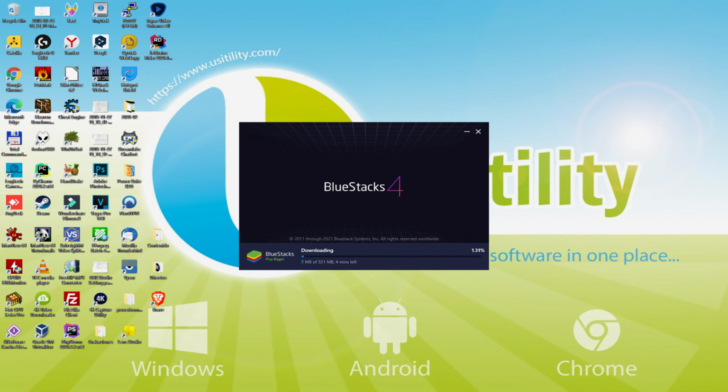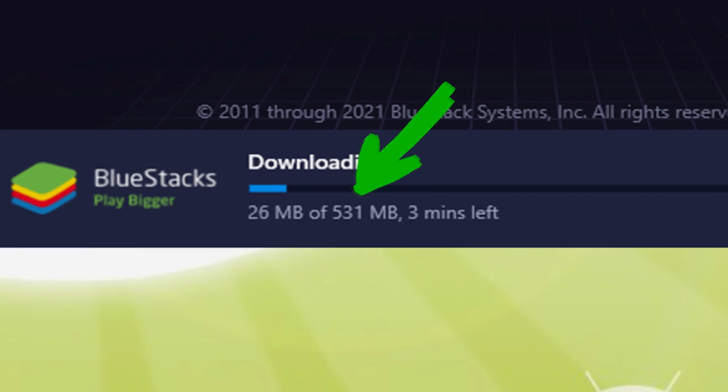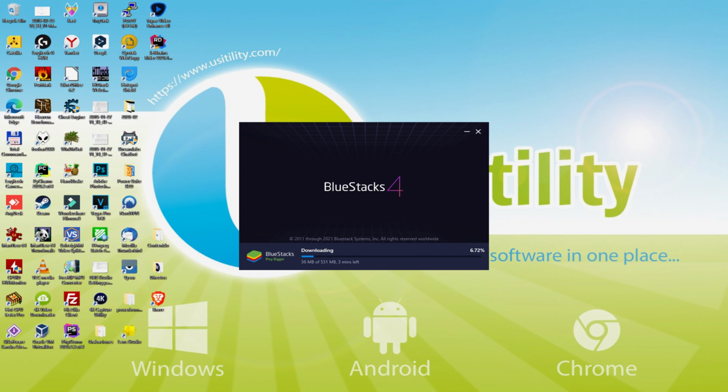Fantastic. The install starts and it will carry on downloading all these megabytes that are shown on our computer screen. Depending on your machine, it may be more or less MB. The data transfer rate can be faster or slower, determined by your connection and the speed capacity of the emulator web servers. Right now they're progressing extremely fast. When the download is done, it proceeds with the setup procedure. The setup will take a little more or less time depending on the strength of your machine. The more efficient it is, the shorter the setup time and vice versa. If we add together the download and software setup stage it usually takes a considerably long time, so have patience.